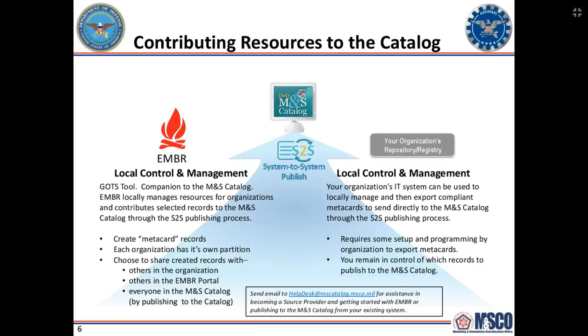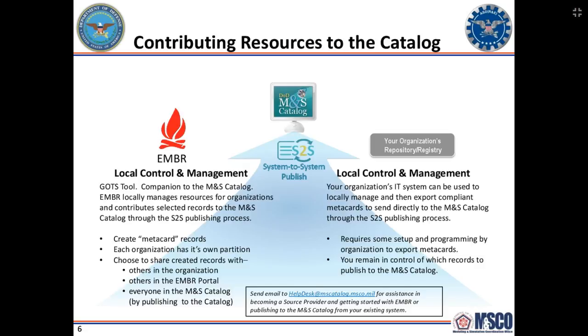EMBR is divided up into secure partitions, with each organization having a dedicated partition for its own use. Organizations can store their resources in EMBR and can choose to publish those records to the catalog for discovery by the M&S communities. Records in the catalog can also be unpublished through EMBR, updated, and then republished to the catalog. EMBR, in short, provides the mechanism to keep the catalog data up to date, as well as serving as a